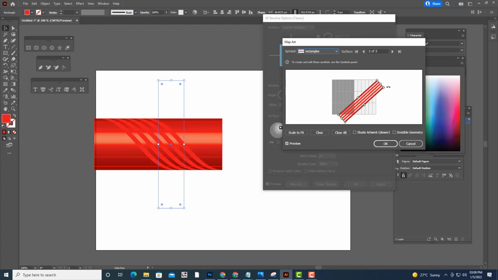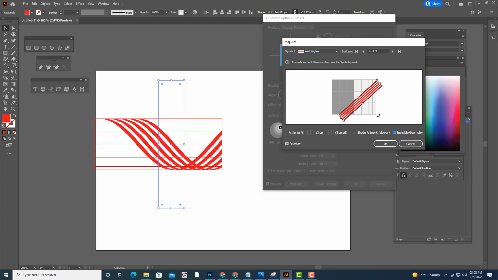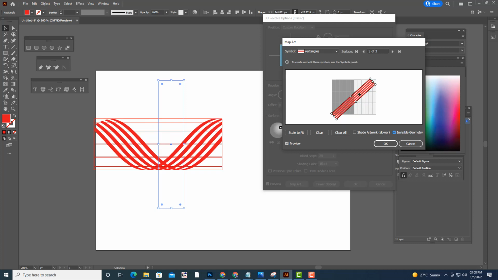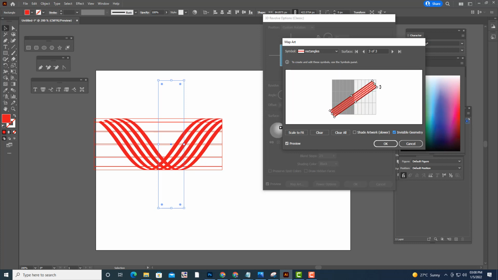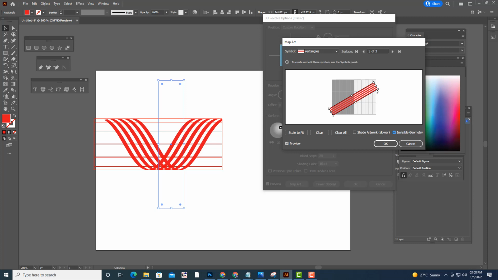Also we can click on this invisible geometry. The moment I selected invisible geometry, you can see the change.